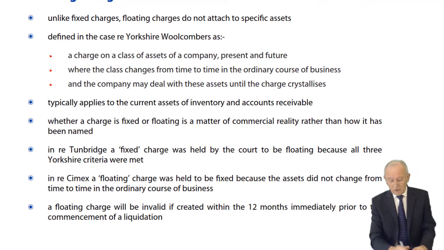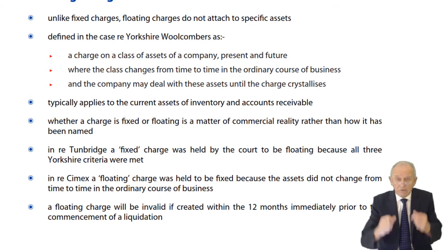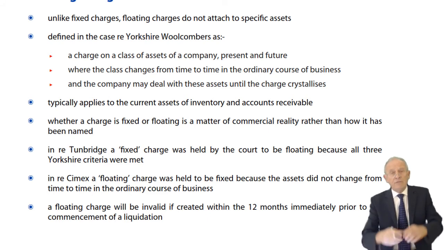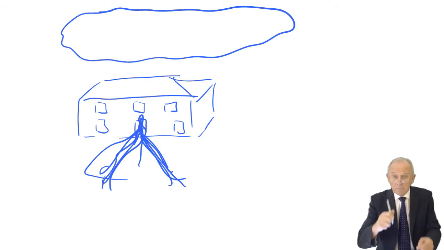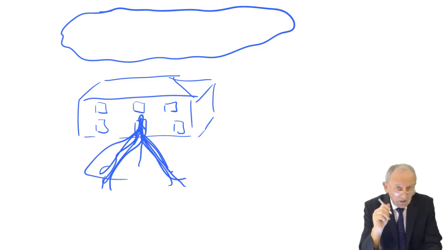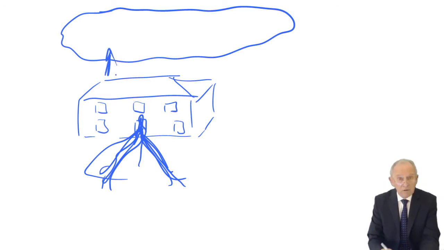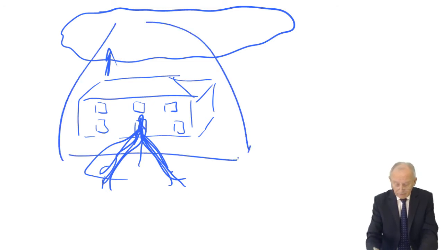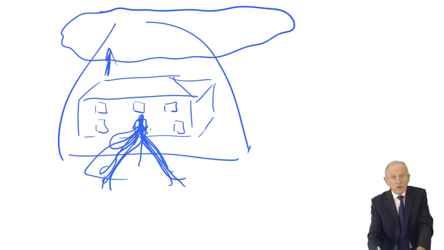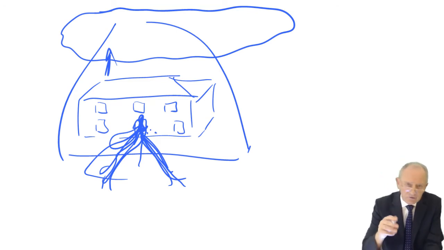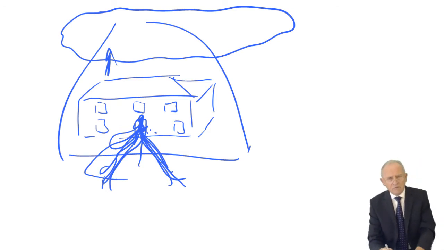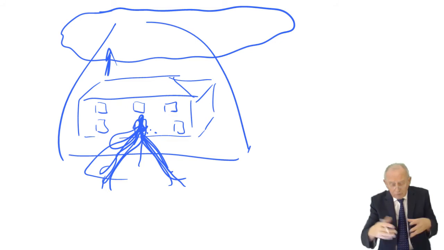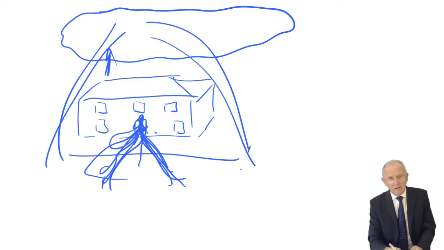So a floating charge, unlike fixed charges, doesn't attach to specific property. It floats like a big mushroom cloud over the building, full of glue, full of sticky horror. But then when a floating charge crystallizes, it's like pricking a balloon, and all this stuff comes down and it traps all the current assets and the goodwill and the tangible non-current assets that are not the subject of fixed charges. The cars, the plant and machinery, the fixtures and fittings, the computer systems, that's trapped by all this sticky mess falling down.